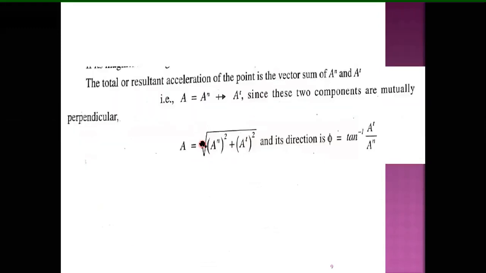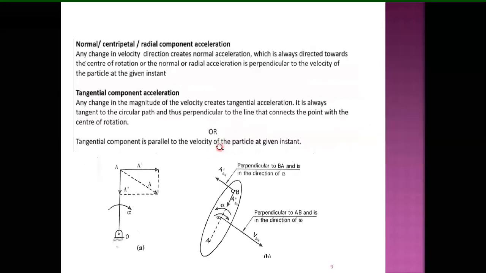Now I need to find the resultant angle. We are going to find it using the tan formula, that is tan inverse of at divided by an. How at divided by an? I will show you that. Suppose you consider this. So you consider it like this. This angle is phi. So now I need to apply the tan rule.